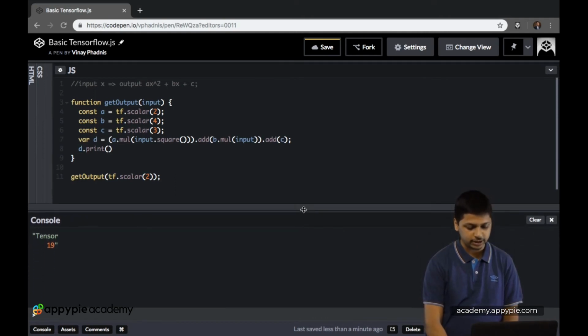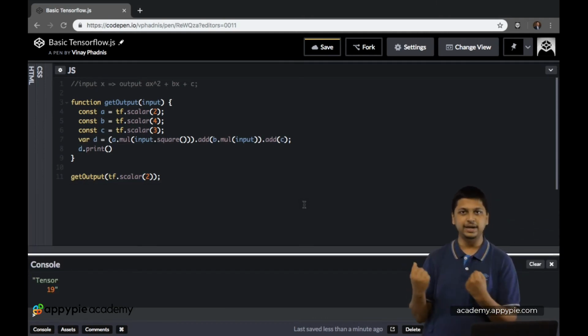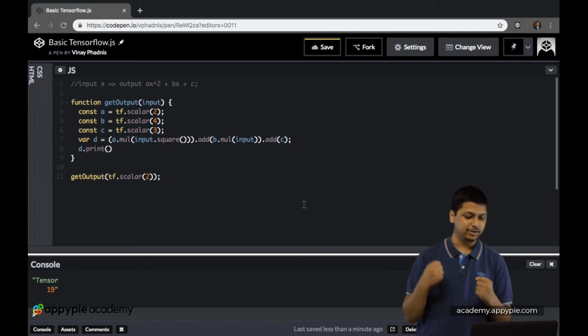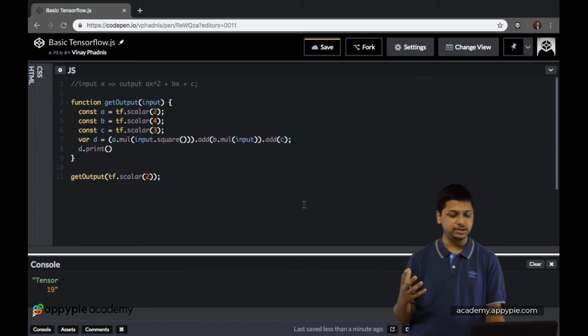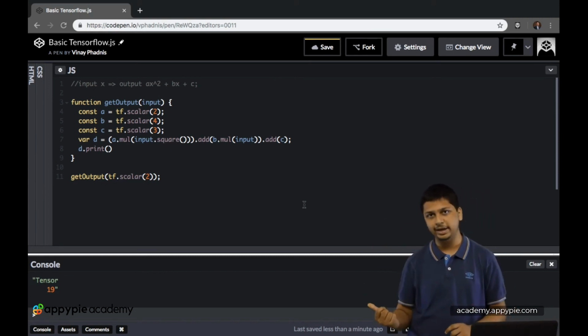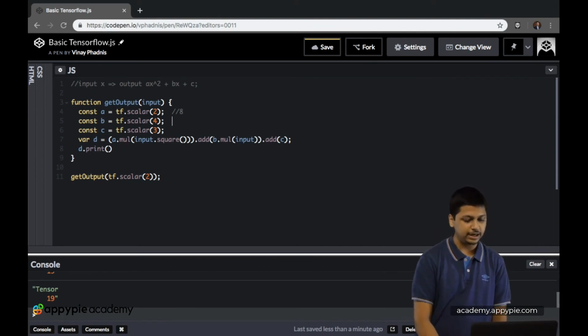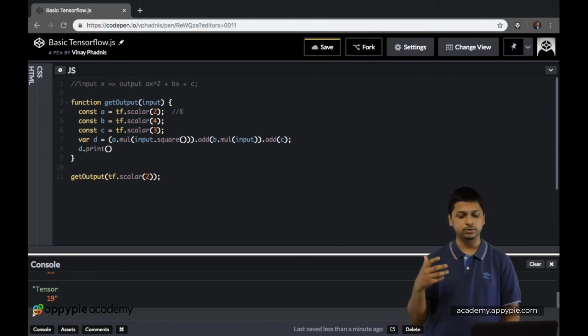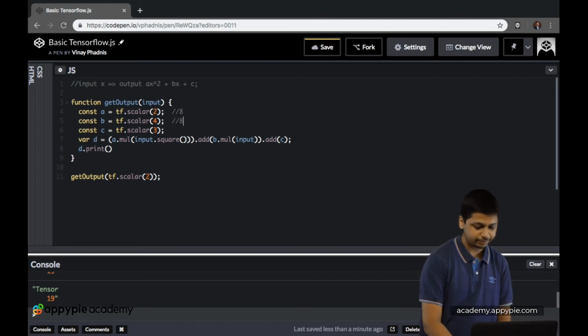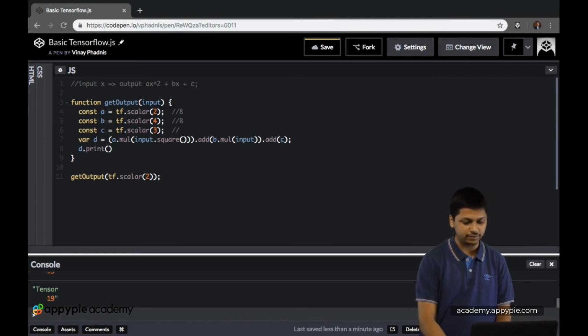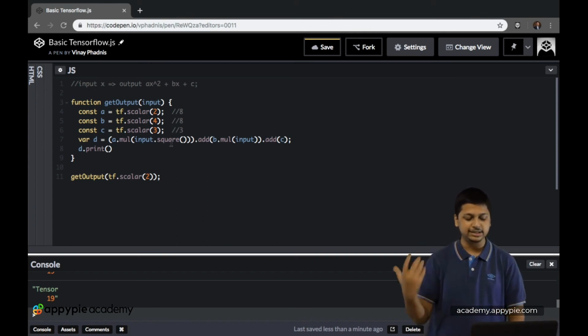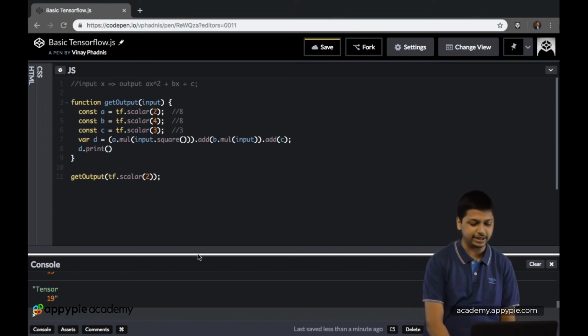Okay, so now over here, yes, we are getting the output of 19. Okay, so now let's check if we are right. So we have 2 into 2 squared, so 2 into 2 squared gives us 4 into 2, which is 8. So over here we have 8, and now we have 4 into 2, so 4 2s are again 8 over here, and now we have 3 over here, so we have 3. So 8 plus 8 is 16, and 16 plus 3 is 19.